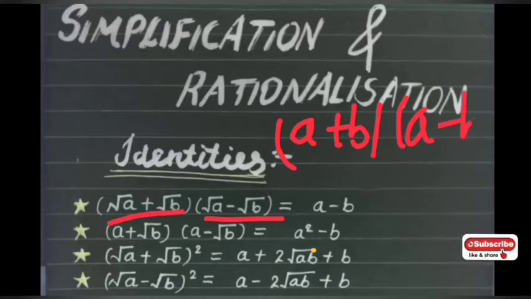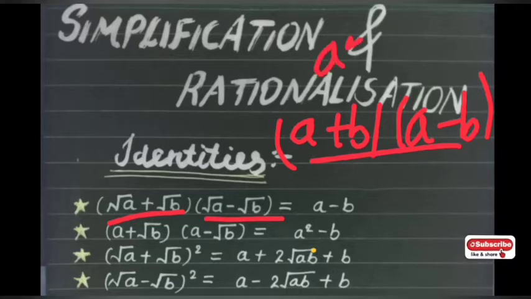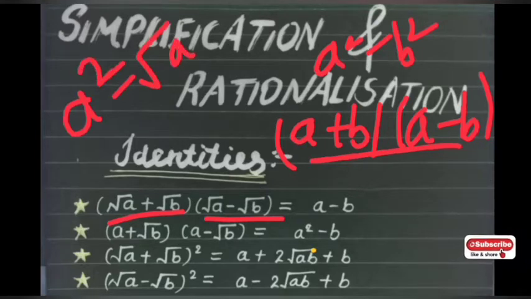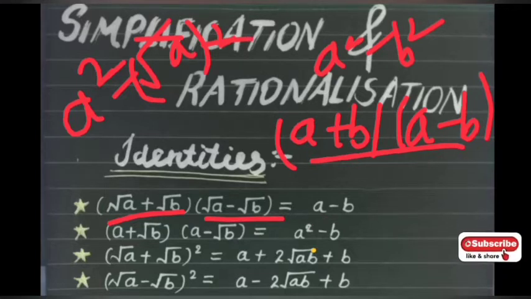So what we can do? We can just replace. What we used to do, a square minus b square, the same thing you have to do in this root term also. But over here a is equal to root a. So when you take the square, root a square, the root and square will get cancelled and you will get a. So the most important thing: root a plus root b multiplied by root a minus root b would be a minus b. Similarly, root a plus root b multiplied by a minus root b, what will happen?